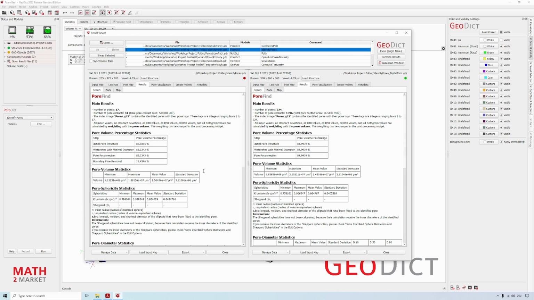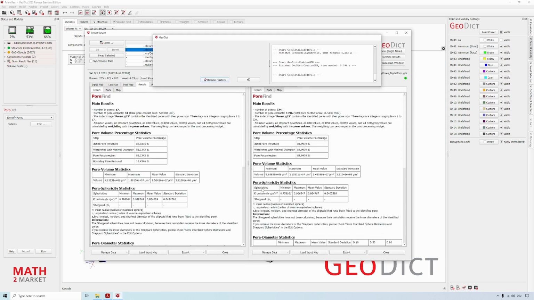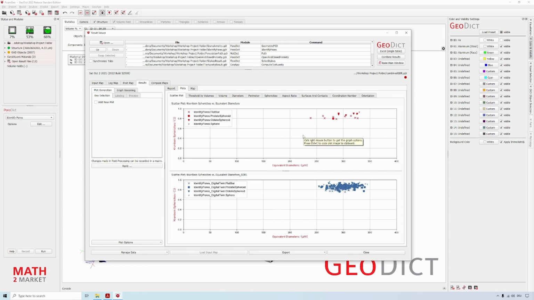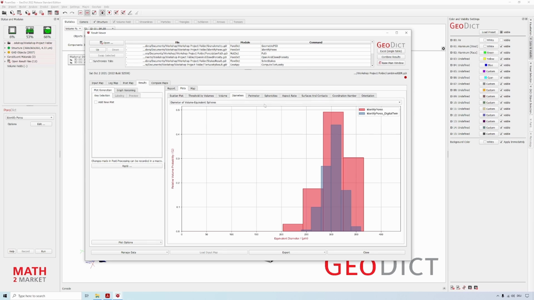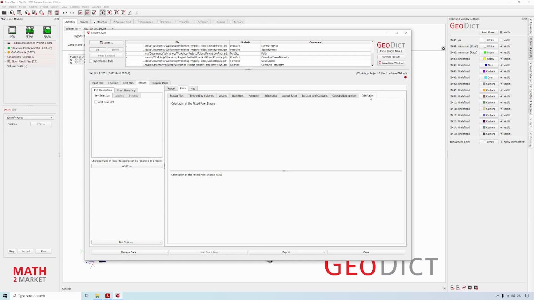Now we can also click on Combine Results and just click OK. And now we combine those two GDRs of Poredict identified pores into one, which will now allow us to compare the plots, for example, of the diameters, where we see they are close, or the sphericities, or the orientations.